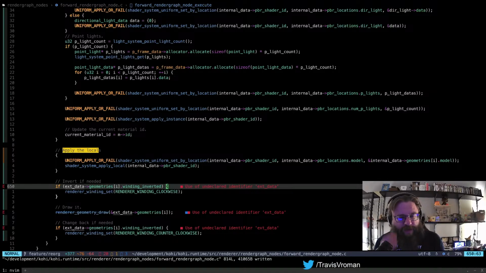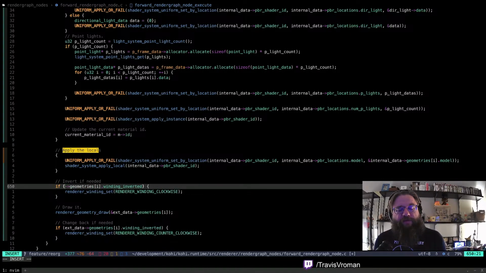Invert if needed. Okay, so this is the winding order. Just to refresh your memory, what this is for is if a geometry is negatively scaled, then we actually have to reverse the winding order of the geometry in order to draw it right side out, right? So we do account for that.